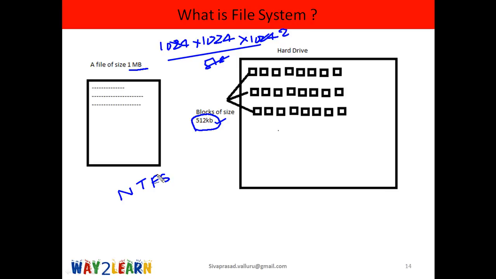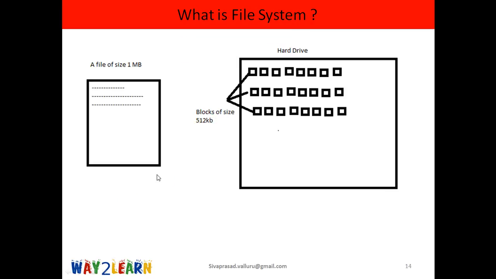Let's assume that you already have a 1 MB file on your file system, and you open the file using, say, Notepad. What happens? Notepad will contact the file system and get the block locations of this file, read the data from all the block locations, and show it to you in Notepad. Everything is taken care of by the low level components. Hope you now understand what a normal file system is. In a normal file system, the file is broken into blocks and the blocks are stored on your hard drive.